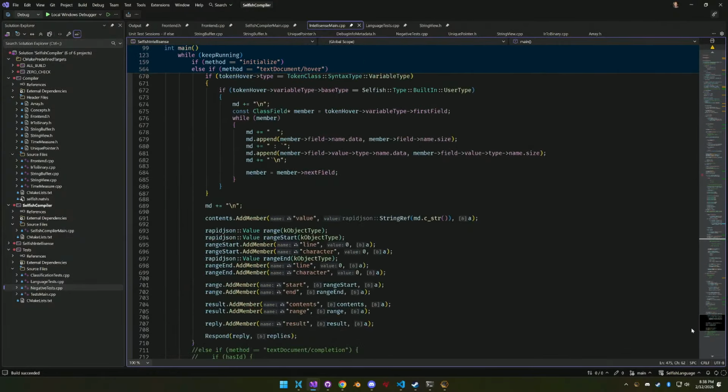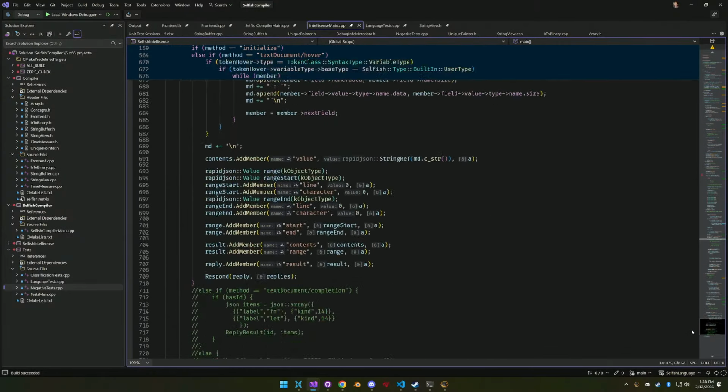Hover, hover, hover. The type, the type, the type. Yeah, here it just gives a name. Oh wait, this is for